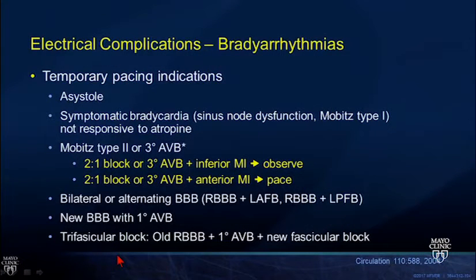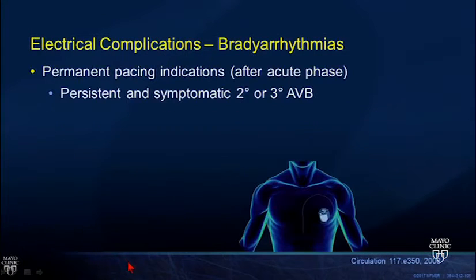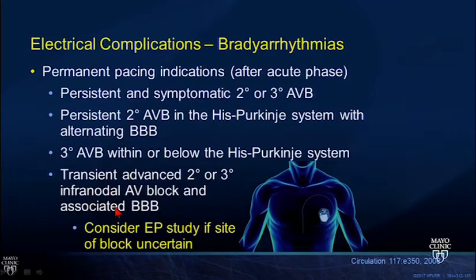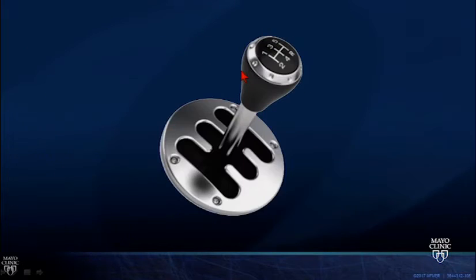There are some other things that my EP colleagues tell me about. I've listed them here for your review. I think that they're good to have on paper, but I don't think they're going to be the high-yield things emphasized on boards. Who leaves the hospital with a permanent pacemaker? Persistent and symptomatic second and third degree AV block. That's pretty simple. There are some other things, again, here that my EP colleagues made me put in, but what I would say is, again, look for high degree AV block despite things that have been resolved, that's persisting, those are the people that are going to end up needing long-term pacing.